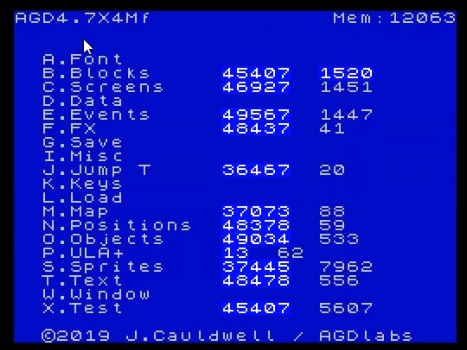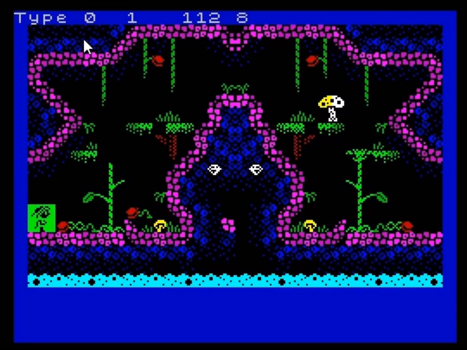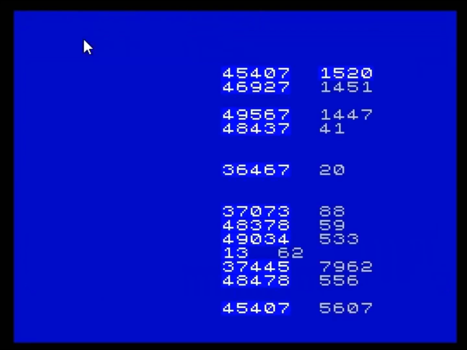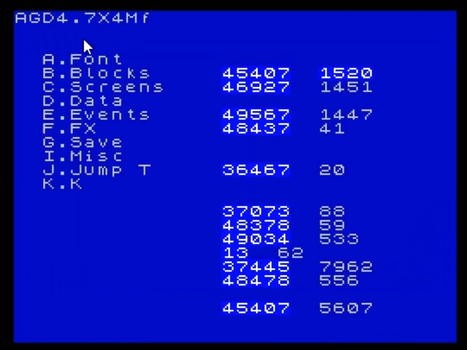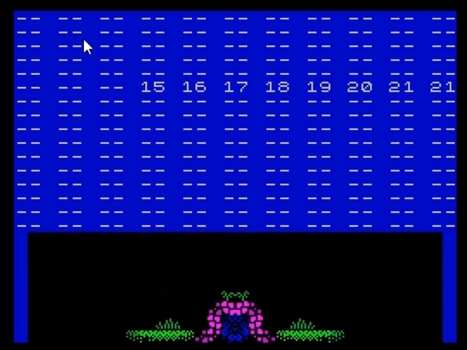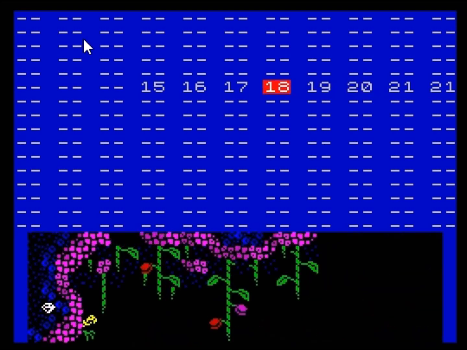But the really nice thing about this, of course, is that when you go to add sprites, this will behave as a completely unique screen. So you've got the unique screen here, you've got all these different ones that you can use and define, and you can add sprites to them, you can put them in the map, so they basically work exactly just like real screens would. I've got a very big map here as well, just experimenting with that. Haven't made use of that fully yet, but because we can save a lot of memory with these screens, it does leave us with a lot of potential to create a much bigger map with a lot less memory,